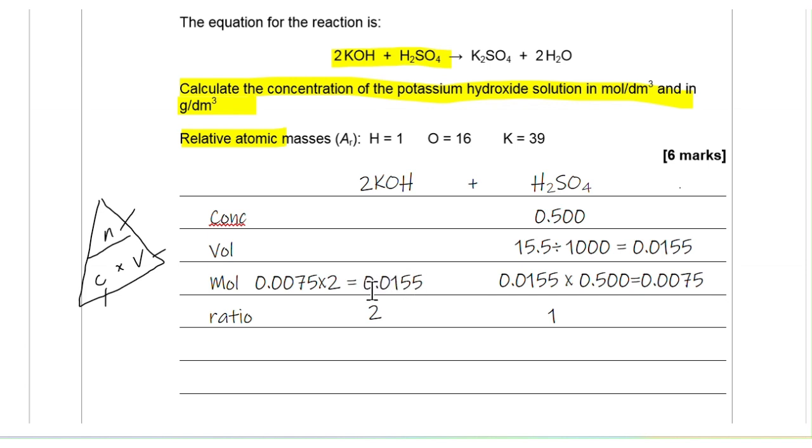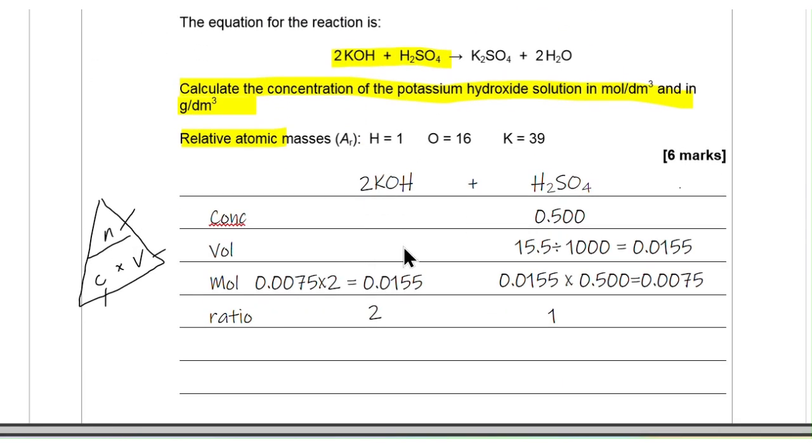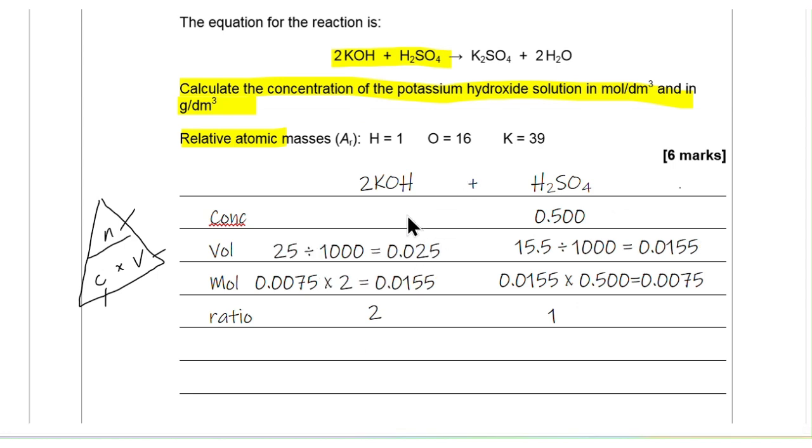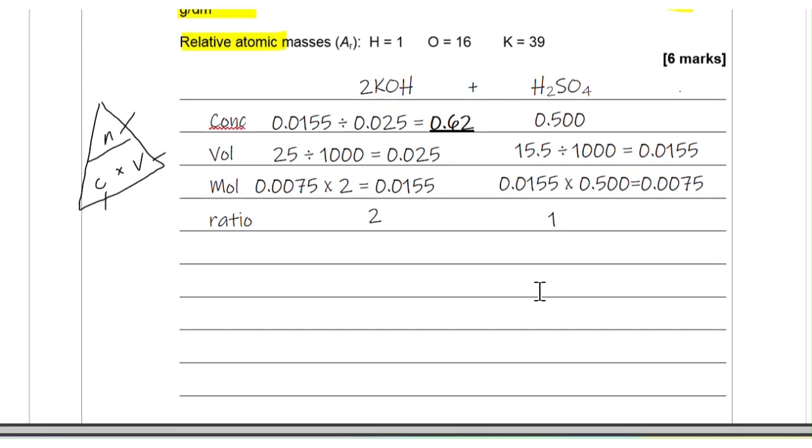0.0155. Our ultimate goal is to calculate the concentration of the potassium hydroxide. So we look up to the stem of the question to get the volume of potassium hydroxide, and that is 25 cm cubed. Again, we must convert that into decimetres cubed, so we divide it by 1,000 and come up with 0.025. Back to the formula triangle, the concentration now is the number of moles divided by the volume, so that is 0.0155 divided by 0.025. Once you've crunched that in your calculator, you come up with